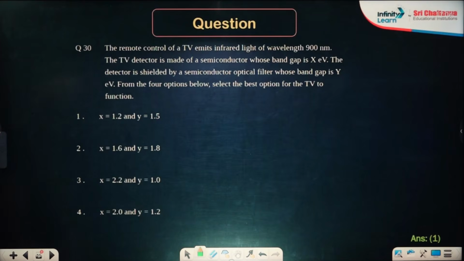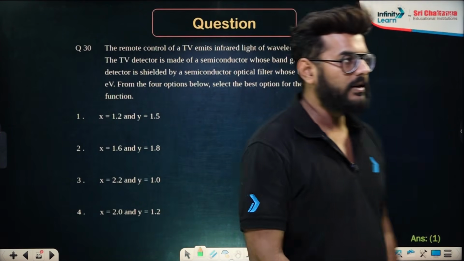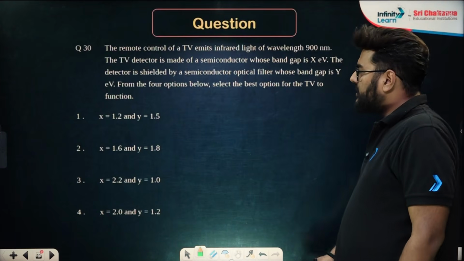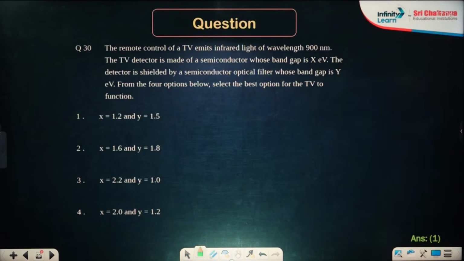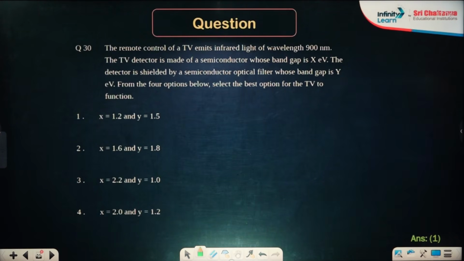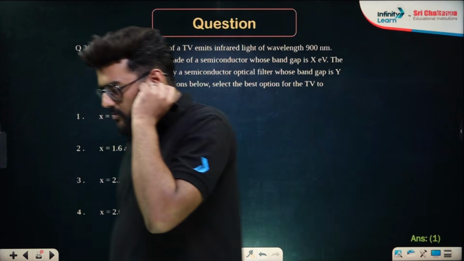Remote control of a TV emits infrared light of wavelength 900 meter. Very nice question. Quite confusing also. A TV detector is made of a semiconductor whose band gap is X eV. The detector is shielded by a semiconductor optical fiber whose band gap is Y. From the options below, select the best option for the TV to function. Correct, sir. Now, the point is, if the TV wants to function,